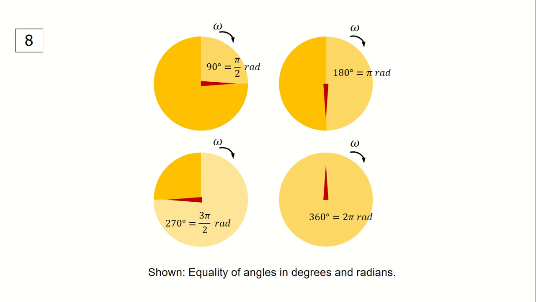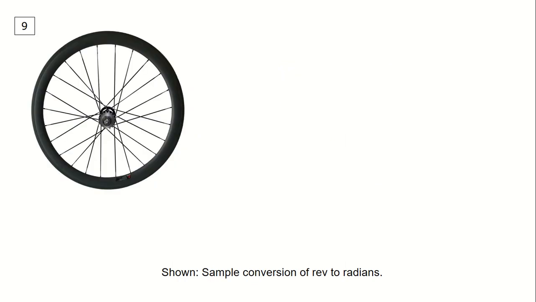Angular rotation is also expressed in terms of radians per second, or rad per second. A complete revolution of 360 degrees is equal to 2 pi radians. If half a revolution was made, that is 180 degrees. In terms of radians, that is pi radians. Here's a simple calculation showing how you can convert